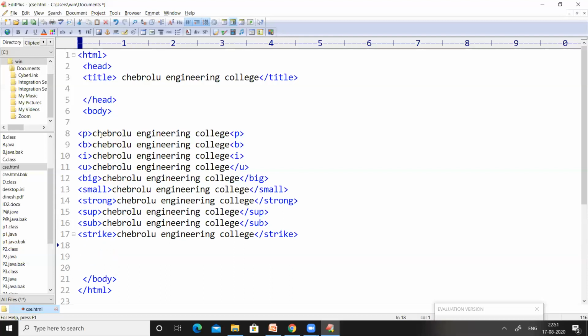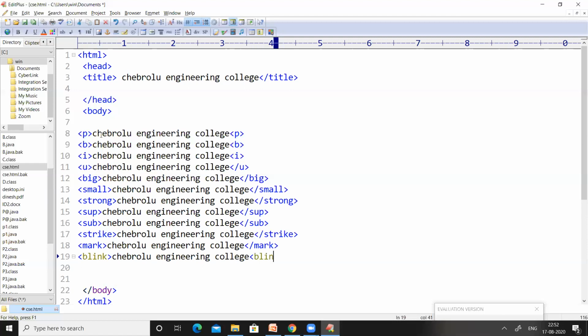After the strike through tag, we have used the mark tag, which is used to highlight some text. Let us use the closing tag. And then after the mark tag, we have used the blink tag.